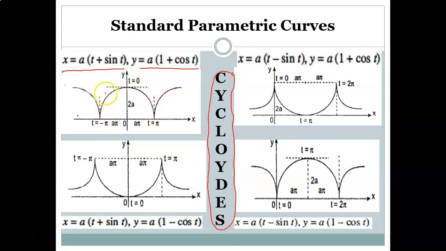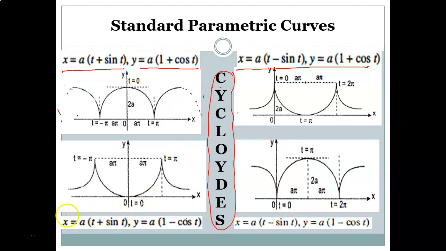And this is only one loop of the cycloid. In fact, the process goes on infinitely, on this side as well as on this side. So this is again the second type of cycloid. When the equation is like that, in place of plus if we have minus, then the cycloid is like this. It means the x-axis is tangent to this type of cycloid, and it is not passing through origin.